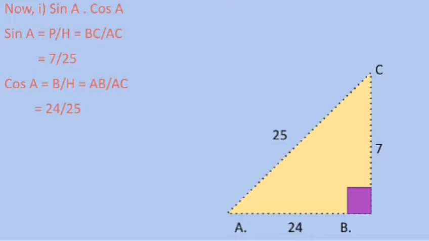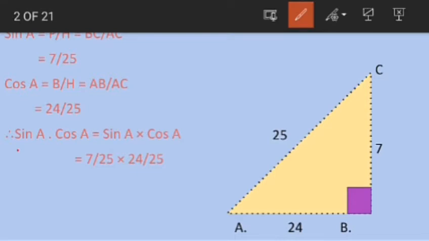So, now we have the value of sin A as well as cos A. We are going to substitute this in the first equation, or the first part that we need to solve. Here, class, the first thing you need to remember is that in sin A dot cos A, don't think it is a decimal, because the dot is between the two functions and it means multiplication. Always remember in trigonometry, whenever you come across such an equation in which a point or dot is used, don't think of it as a decimal. It means the sign of multiplication. So here sin A dot cos A means sin A into cos A.